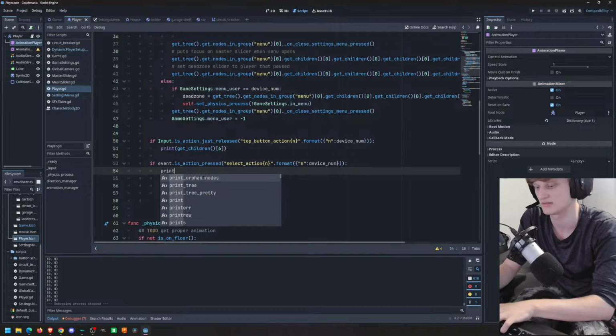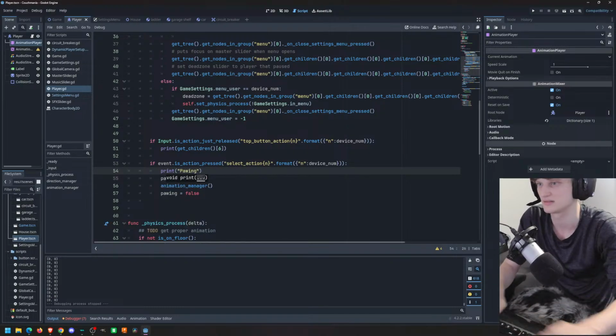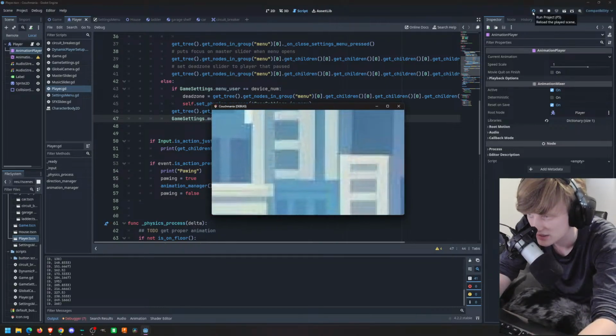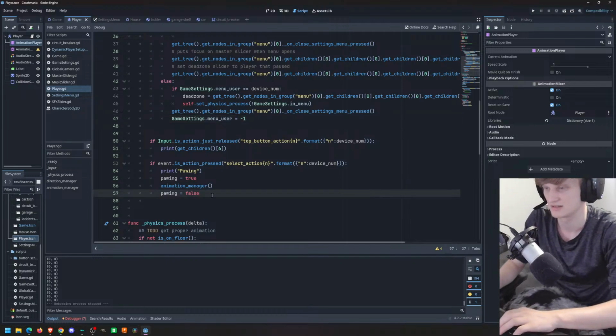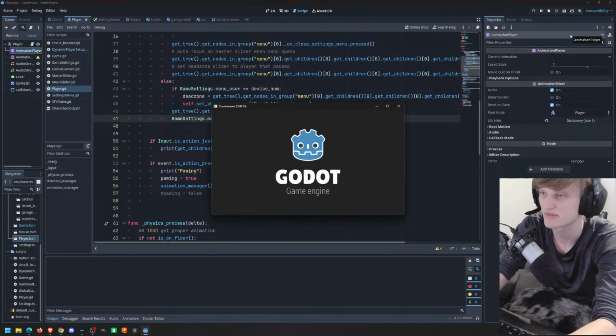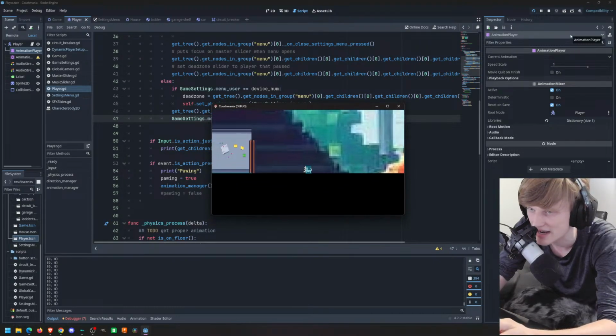Print pawing. Like, is it even pawing? Are you even pawing? It is pawing. It is activating this. You know what? Just pawing. It's going to be pawing always. It will always be freaking pawing. Yeah, see? That's what I want. But I want it to actually just